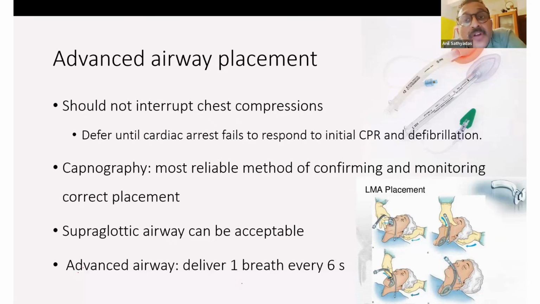Intubation during CPCR might be possible for experts to do when the compressions are ongoing, but others might find it difficult. Usually you stop your CPCR, so that part is more important. Stopping your CPCR for the first attempt, second attempt should be totally avoided. Stopping for repeated trials of intratracheal intubation should be avoided, and your placement should not interrupt your chest compressions.